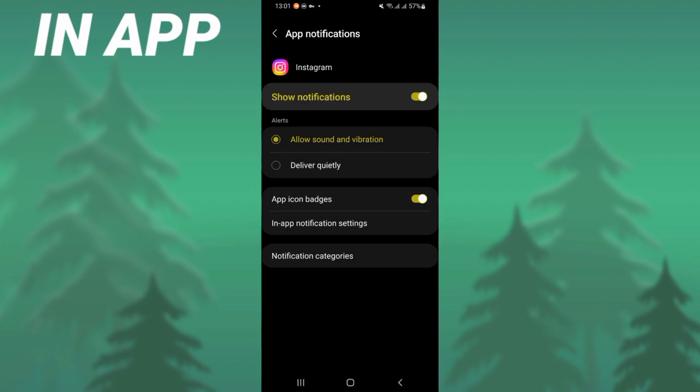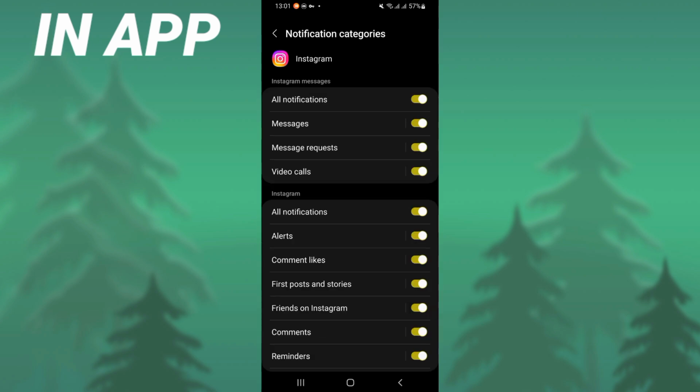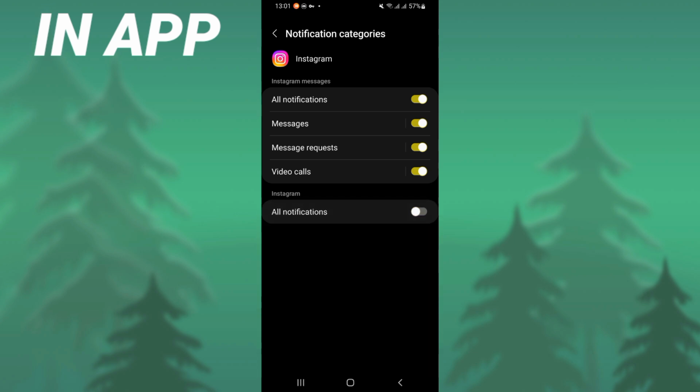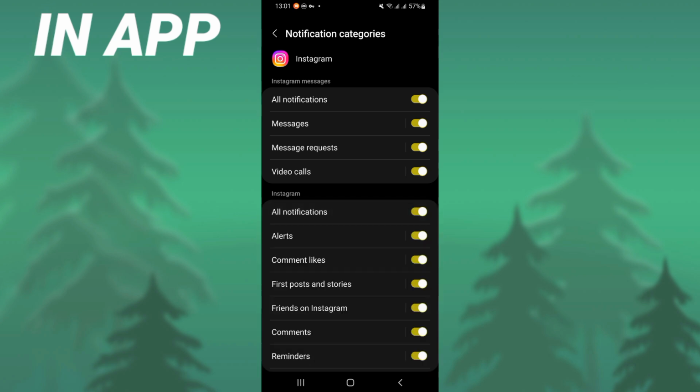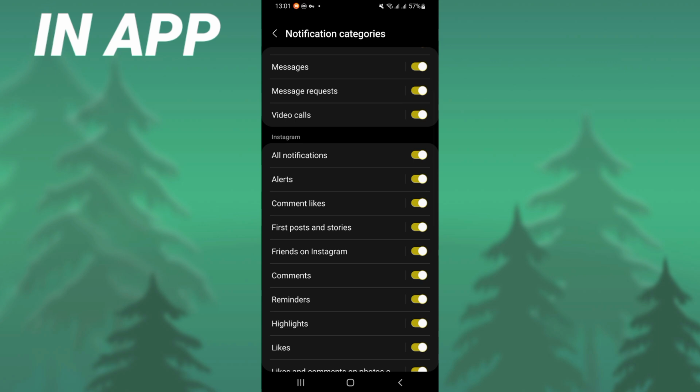Click, it's going to take you to another page. Right now, click on notifications categories and make sure that you enable these notifications here. What you should do right now, for example, I want to change the notification sounds of comments, likes